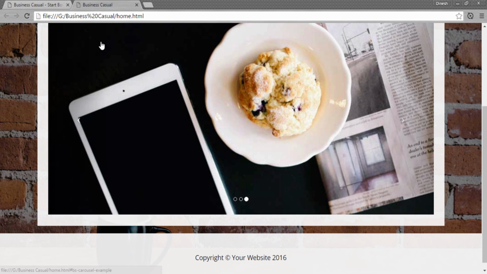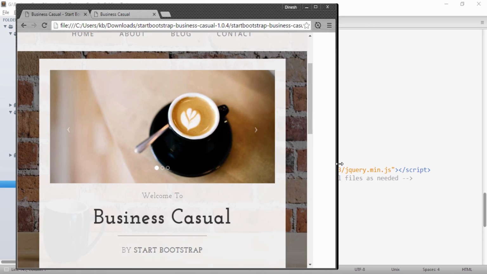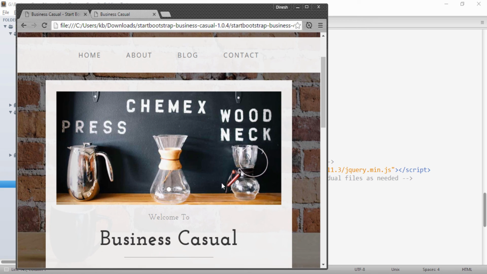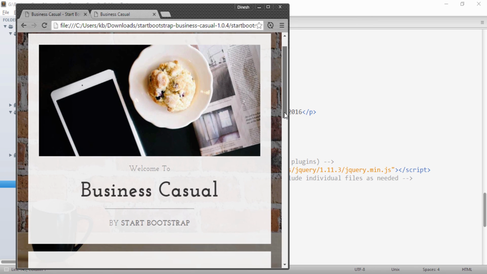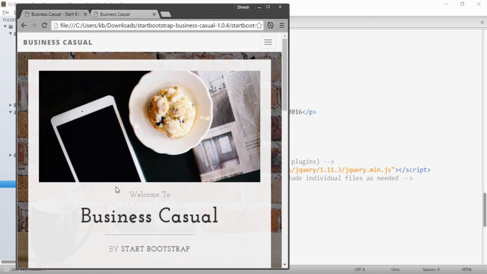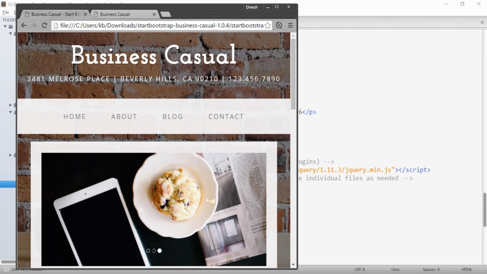Also friends, if I go to my original site, here you see these indicators. If I decrease the width of the browser, you can see that at 768 pixels these indicators become hidden. If I shrink it below 768, you can see these indicators are hidden, and if I increase again, then they reappear.